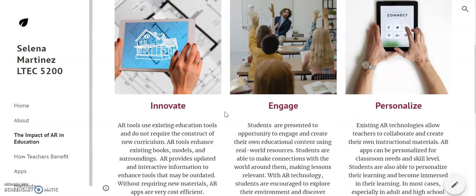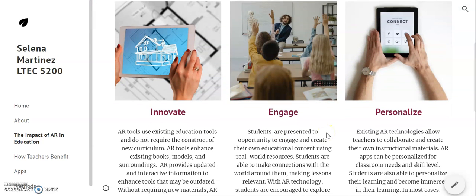Number one being innovation, and the way that augmented reality can use tools such as textbooks, models, and existing surroundings. So what that means for educators is that they don't have to buy many new resources. They can use their existing books and things in our surrounding world to use augmented reality. All we need is mobile devices for students.